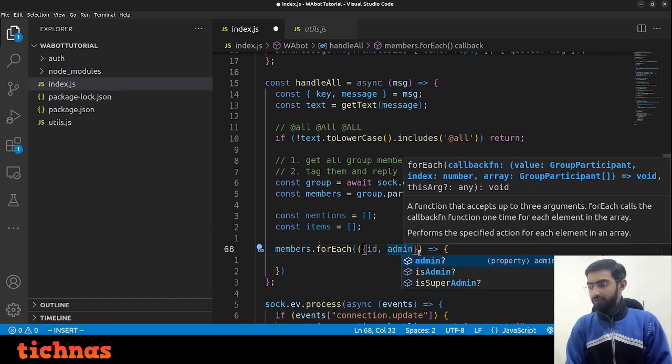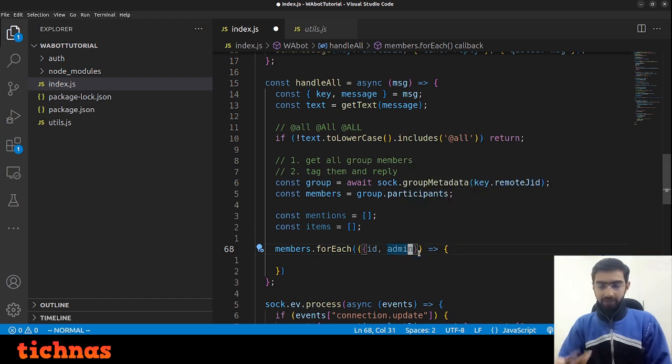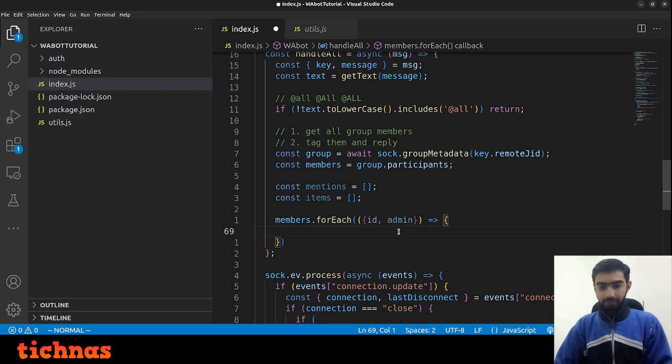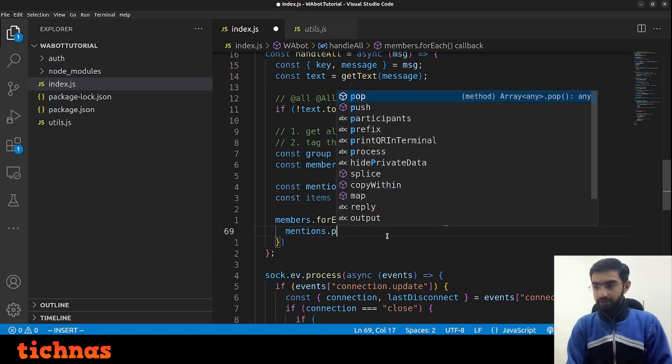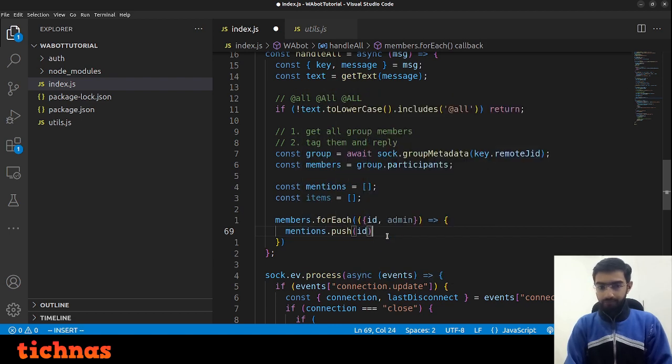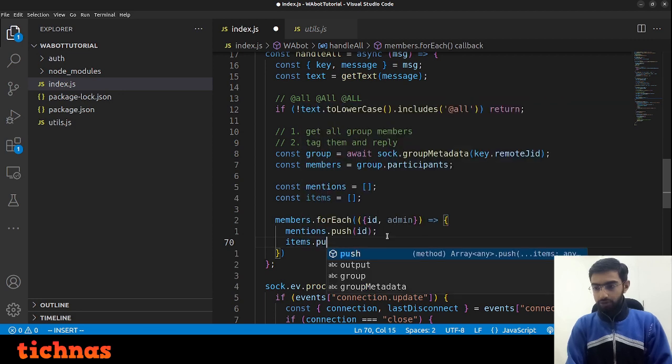This super admin thing I don't know yet what it does, so I simply use the admin. If admin is there, I mean if this variable is defined, then the person is admin. If not, then the person is not admin. So then the mentions array push ID, items dot push,